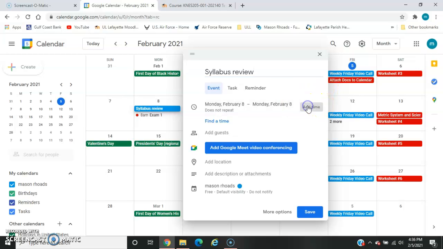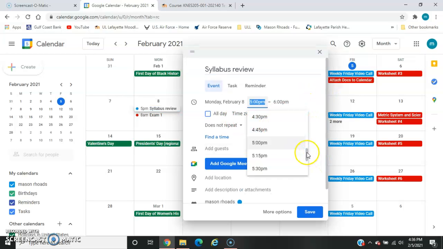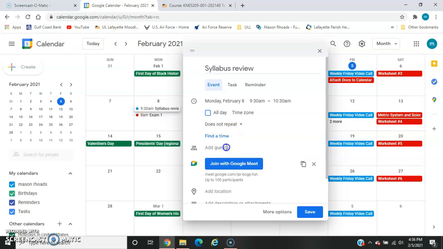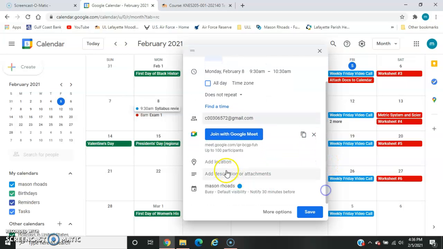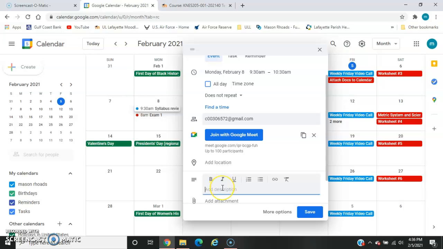Go ahead and add a time. Make the meeting for 9:30 a.m. We can add our conference, Apple example guest. Little description, syllabus review,